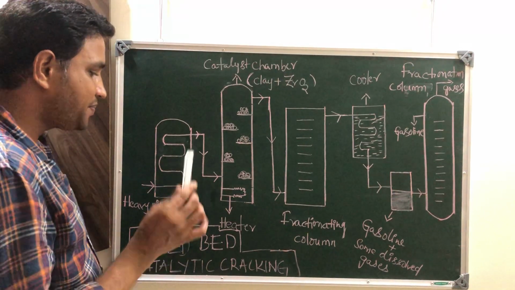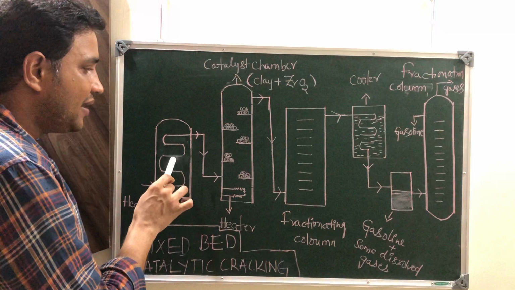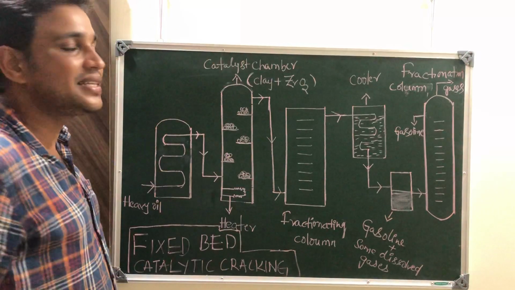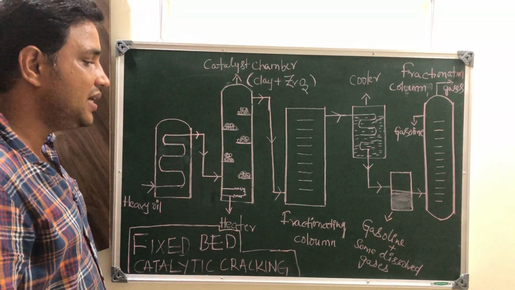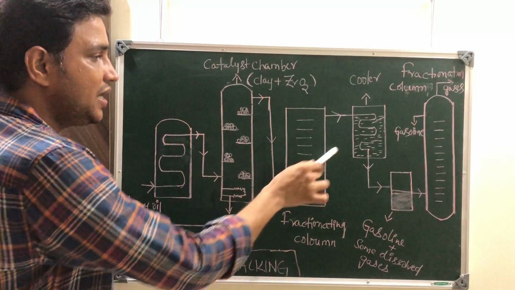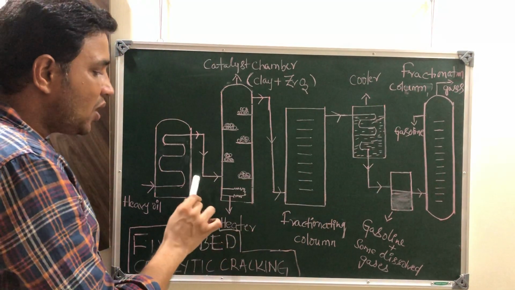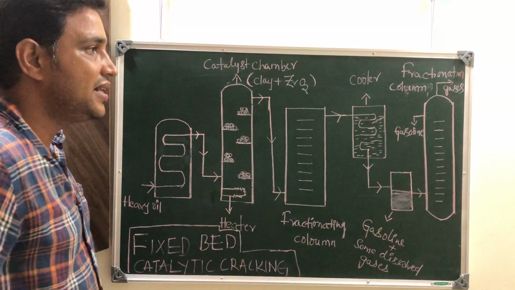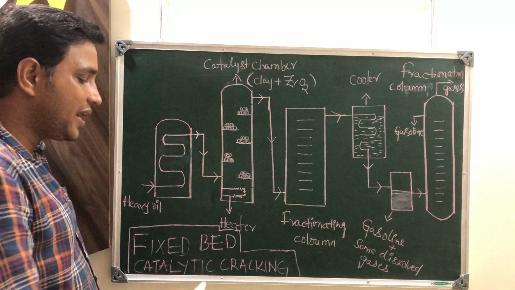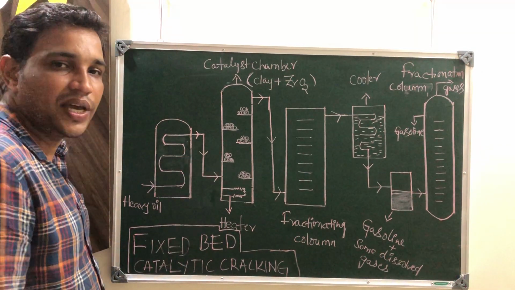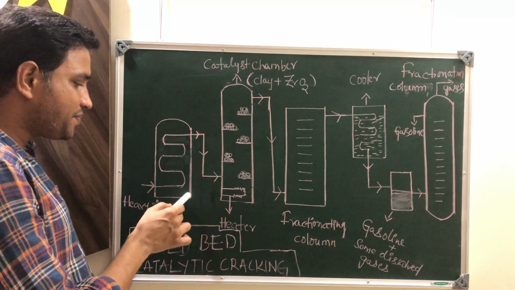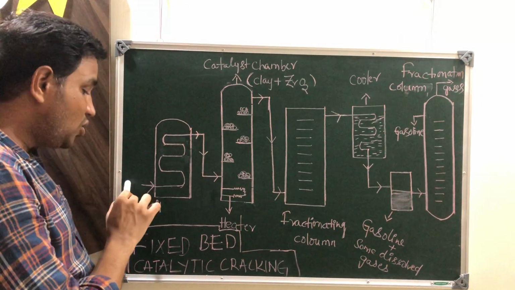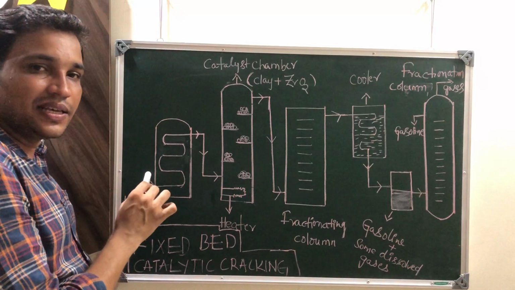So in this, note down, there are 6 columns. How many columns are there? 6. All the 6 columns are interconnected with each other. Right? All the 6 important parts of the fixed bed catalytic chamber are interconnected through an inner tube. So the first chamber is the heavy oil feeder, through which the heavy oil will be fed into